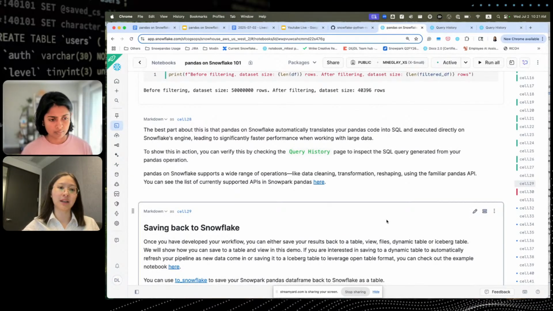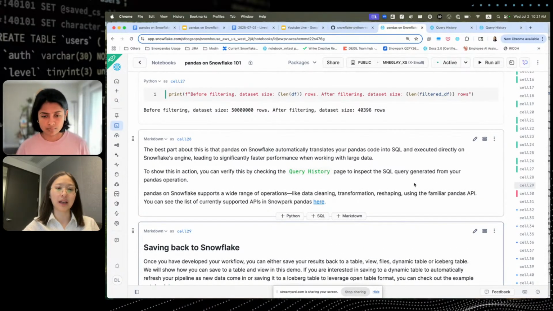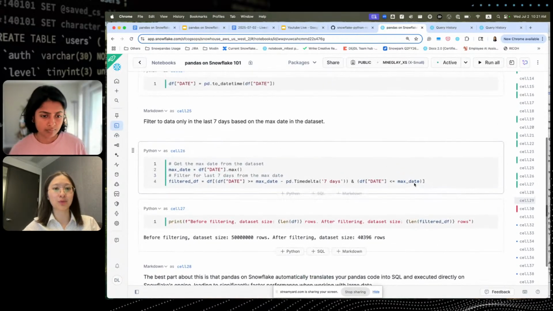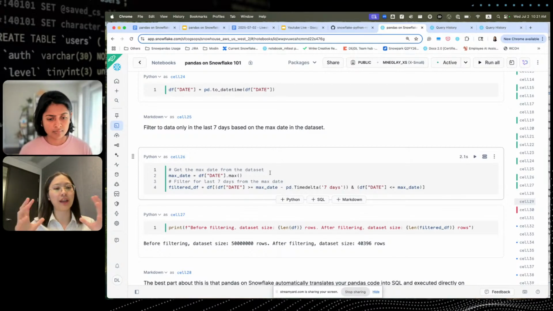And so finally, here I show a very simple example of how I've been able to do some transformations, build a simple pipeline where I get the max and then filter the dates based on that. Now that I finished this transformation, I want to save that back into Snowflake. And with Pandas on Snowflake, we offer you a wide range of APIs for saving your data frame